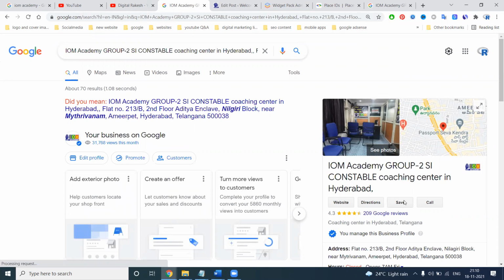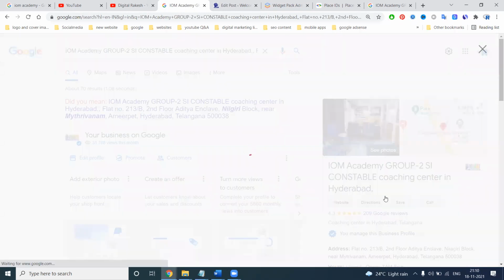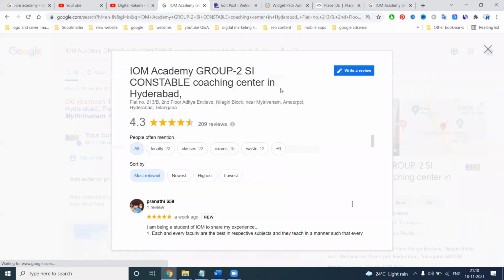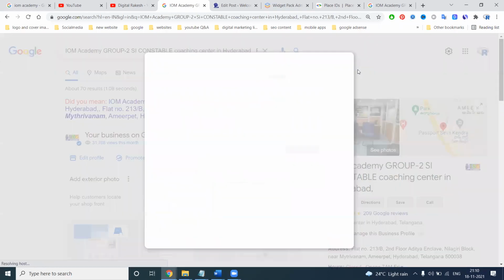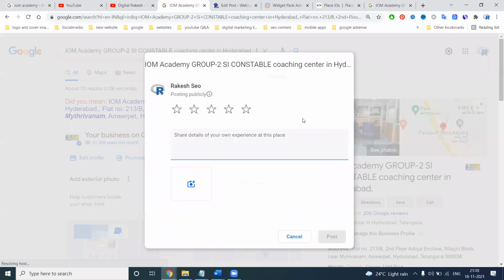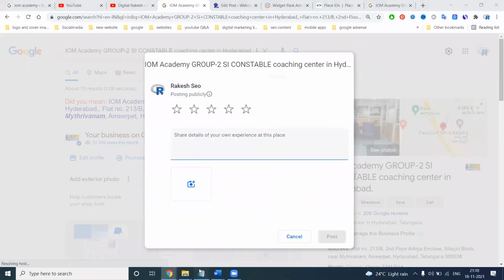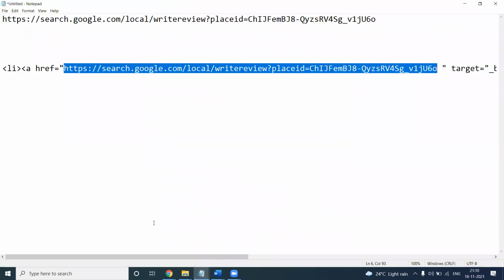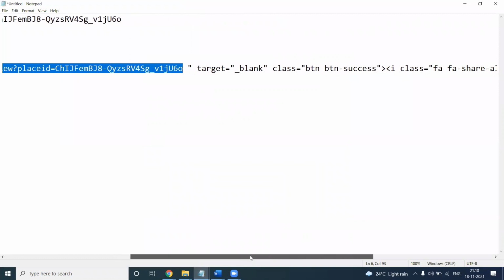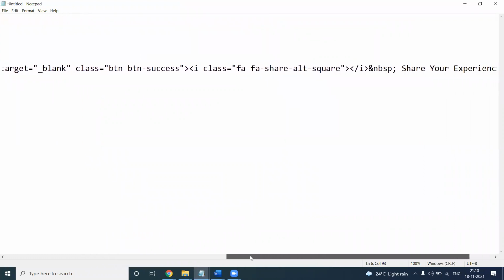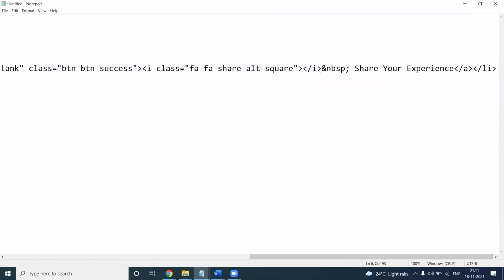When you click the review option, where does the customer go? They go to the review and click the review button. We can show this to the customers. This will be visible to users, but it takes some time. This code will be inserted by the developers. This is the complete code: href, target blank, button class, and shade all square.